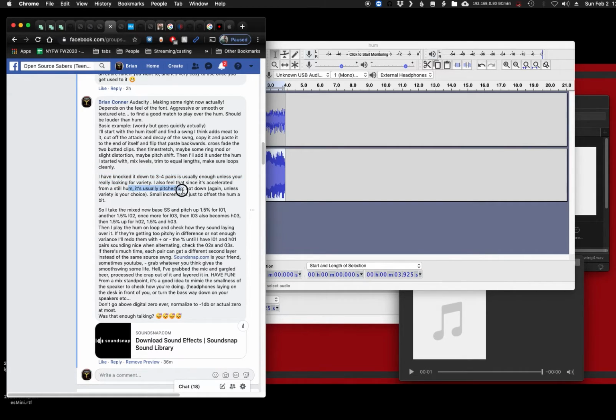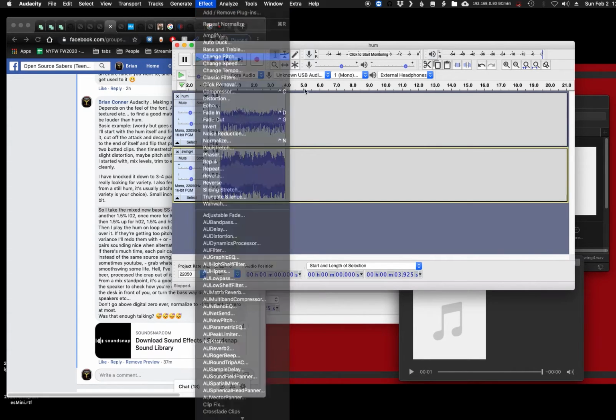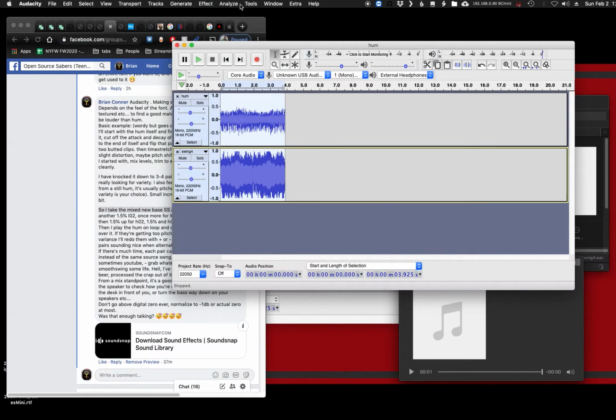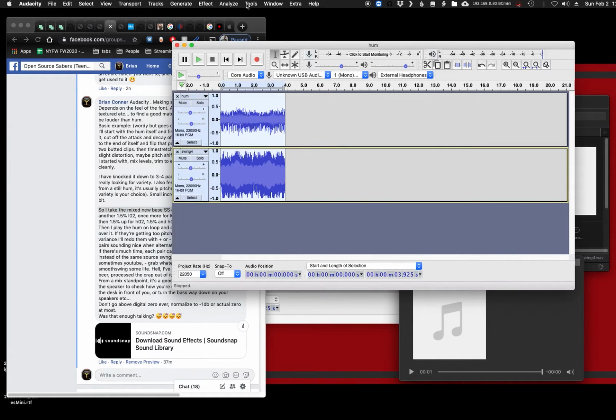And again, we're just going to pitch up from the bass instead of some down, some up, because I think an accelerated Doppler effect is a higher pitch as it's swinging. Sometimes you can mix it up, but let's go with just pitching up for now. So take the mix new bass, pitch it up 5% to get swing L01. So you come in here, you select all, and you go effect pitch. Actually, you know what? I don't even do pitch. I take that back. Scratch all pitch. It's actually speed, because